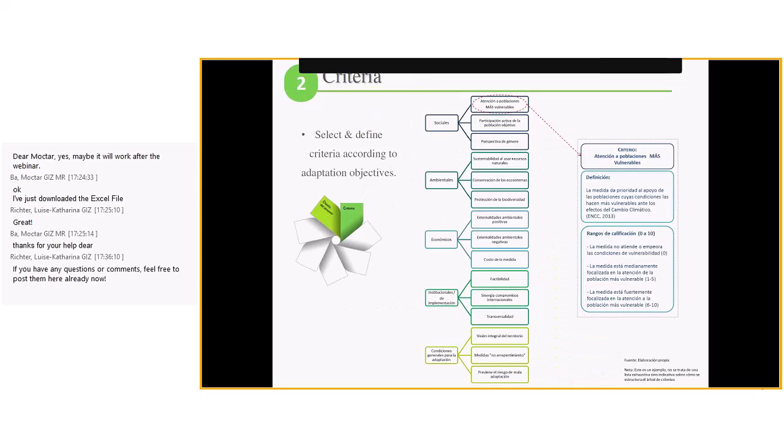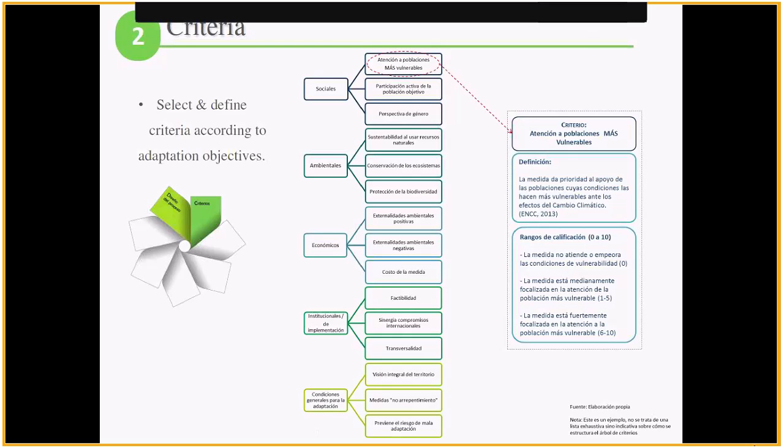Next slide, please. Once we've done that, we can go on to the second step, and this is a very important step because it's the one that gives us elements to select the specific criteria that are going to help us to prioritize or to rank the most important elements that we want once we are selecting those options. So if I was a representative from the agriculture sector, I would select certain criteria that are going to be more important than others, if I was another representative from the forestry sector.